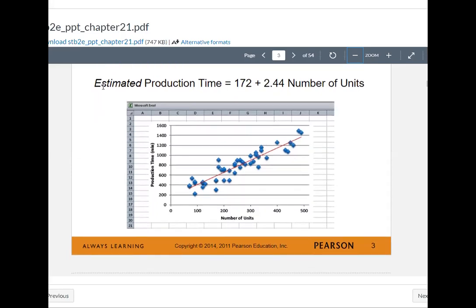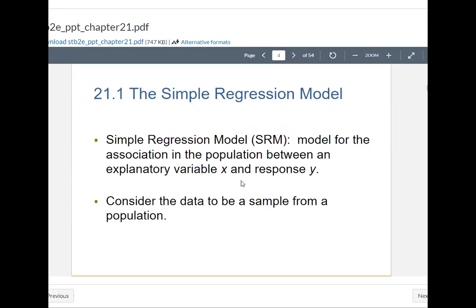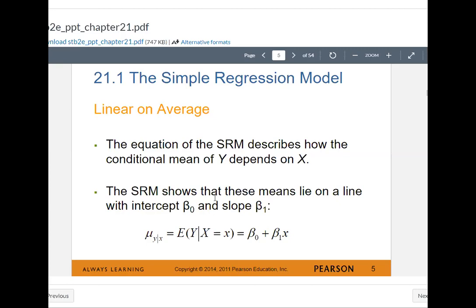So in this case, you can see that we are estimating the production time based on number of units in order. And this equation is called regression model. Simple regression model is a model for association in the population between an explanatory variable X and response Y. Consider the data to be sampled from a population. Other ways of representing a simple regression model, you can see down here, is